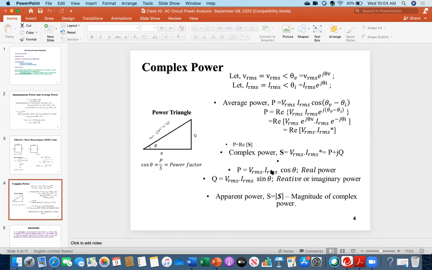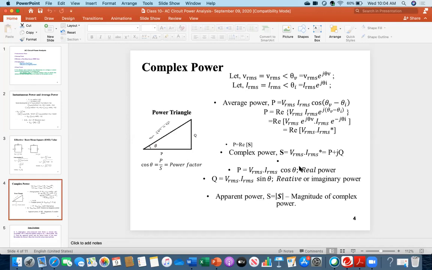Now everybody concentrate on this equation, the real power equation: P equals VRMS IRMS cosine of theta. What is that theta? This theta is this theta. In other words, this cos theta is your actual power factor. So what is the meaning of the power factor? What is the significance of the power factor? Power factor governs the magnitude. It controls the magnitude of real power. So tell me, what is the maximum value of cos theta? What can be the maximum value?